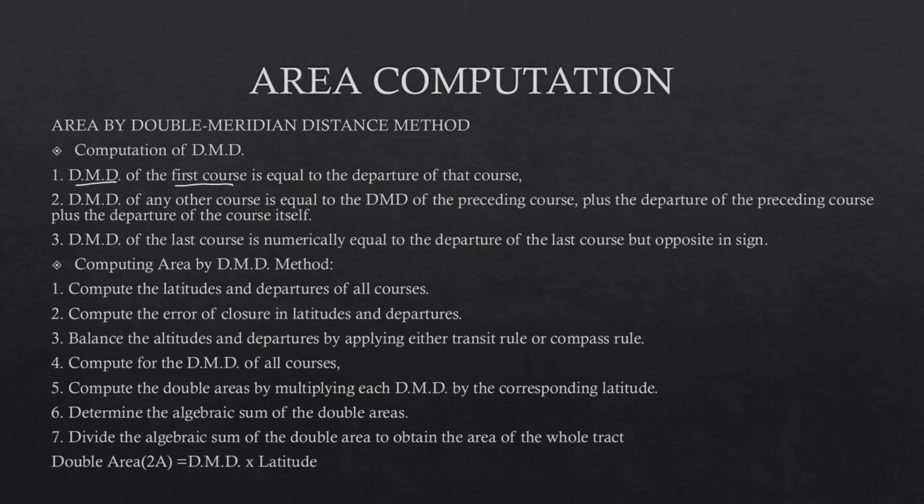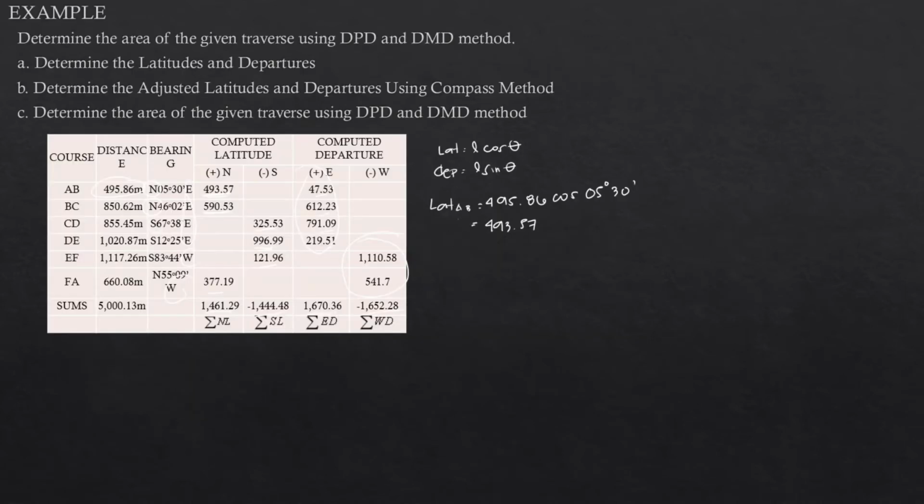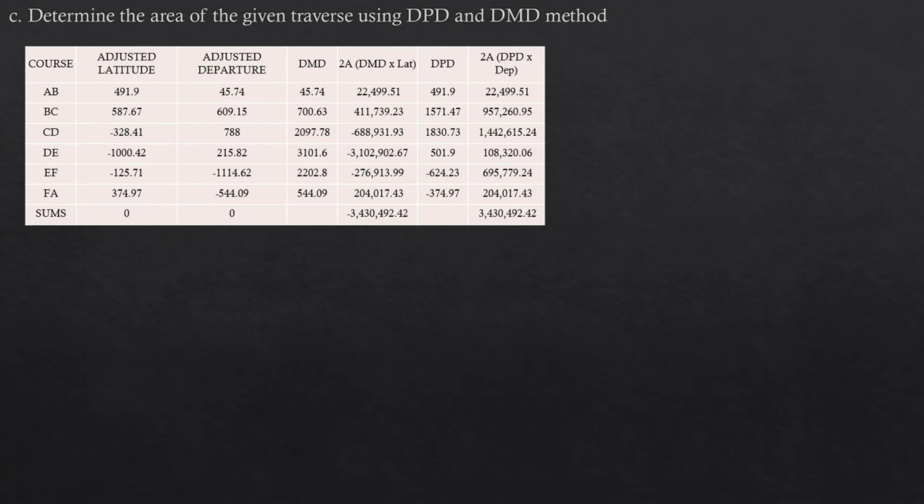DMD of the first course is equal to the departure of that course. Okay, so una, yung first DMD natin is equal to the departure, first departure ng course na yan. So, nasa course AB tayo. So, yung DMD is 45.74. Then, next, dito sa course BC,